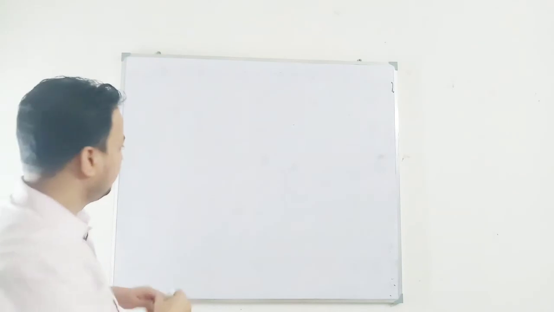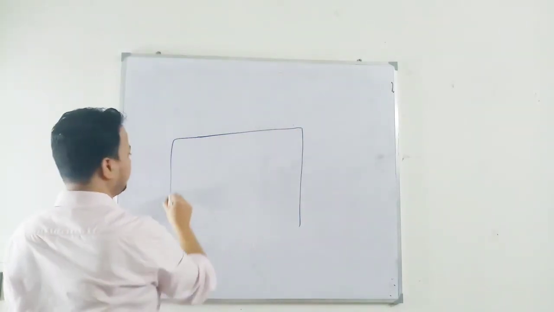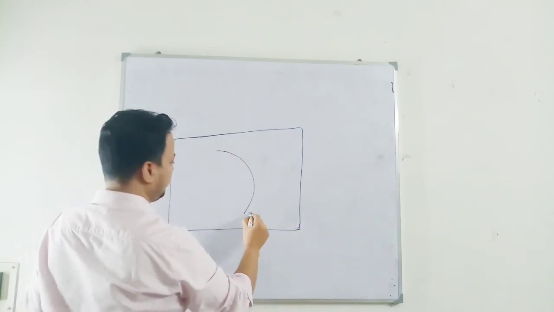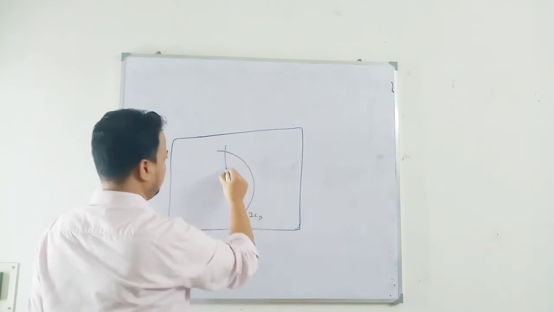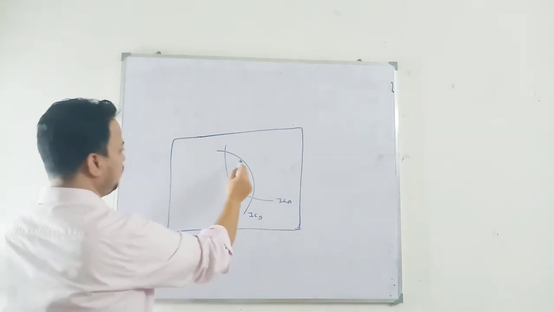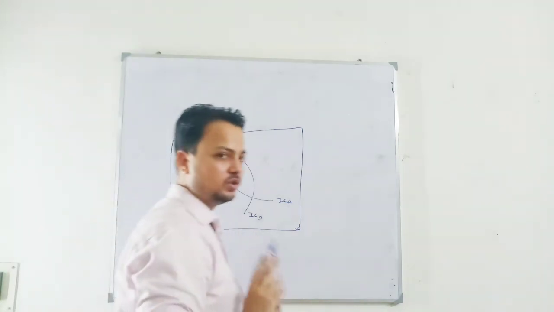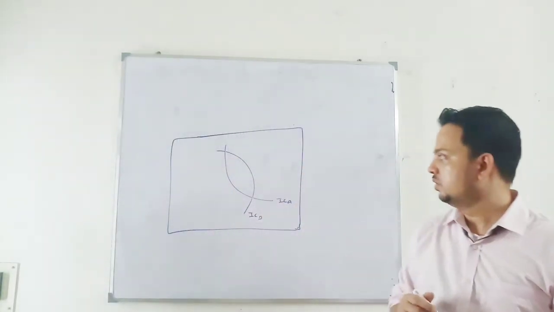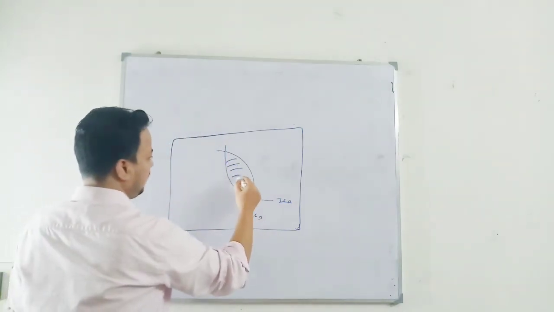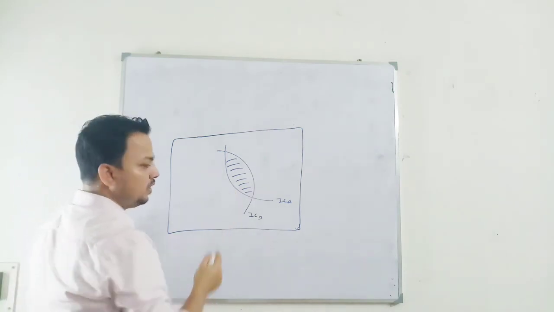So let me take a few more examples. One question can be how to draw the Edgeworth box. Suppose the indifference curve of B is given, and the indifference curve of A is given. Just remember, when you have a lens in between two indifference curves, that means Pareto improvement is possible. So I give you these indifference curves, and I ask you to show the positions where Pareto improvement is possible.